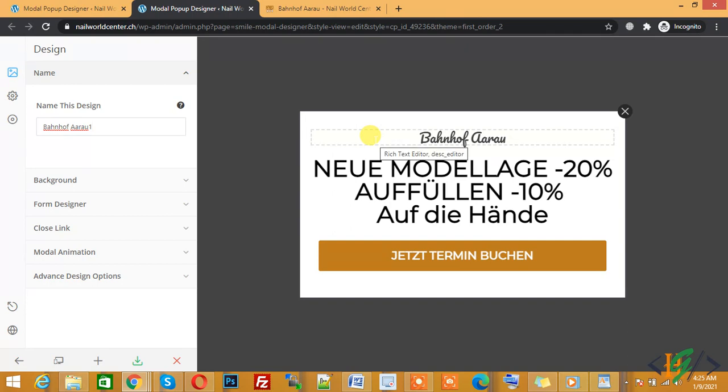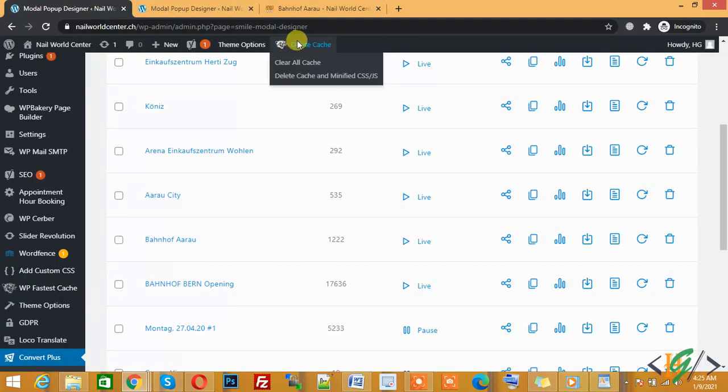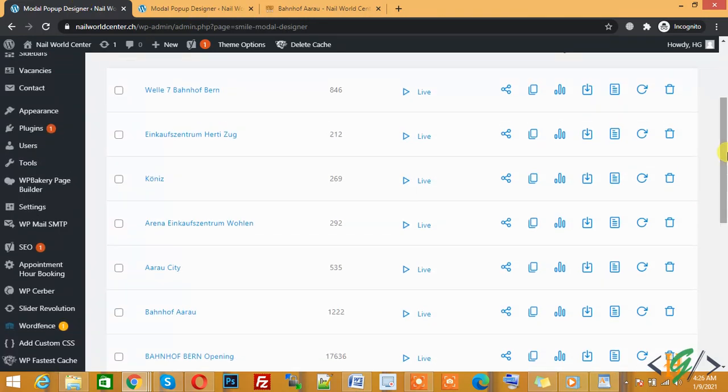I tried multiple options. I cleared the cache, I deactivated all plugins and activated them one by one to check for conflicts, but the problem was not solved. I tried multiple solutions to fix this issue, but I found only one solution now, and that solution is to downgrade your WordPress version, make the update in the modal designer, and after making changes, update your WordPress version again. This is the only solution I found. Now we will apply that solution.